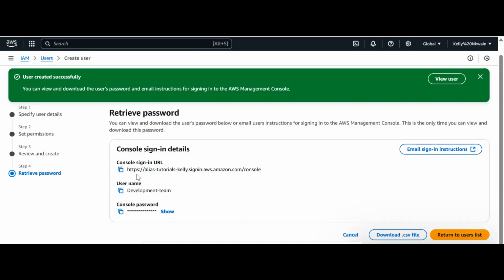You just give them this link so that they can easily log in via this link, so that they have strict permissions and policies. For example, since it's a development team, they can only have access to the development instance, and they can't create an instance. So you take the link and you go to your incognito browser